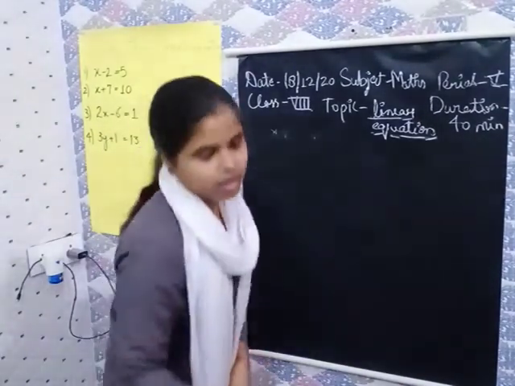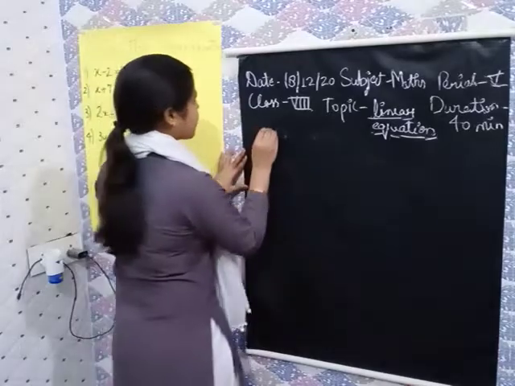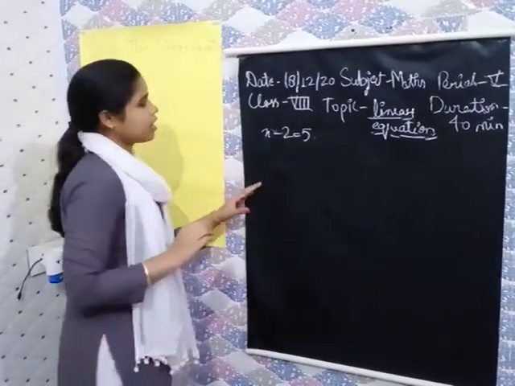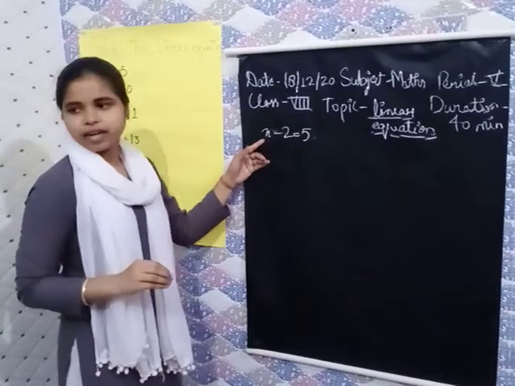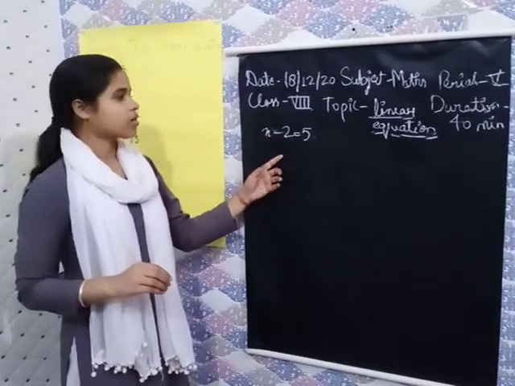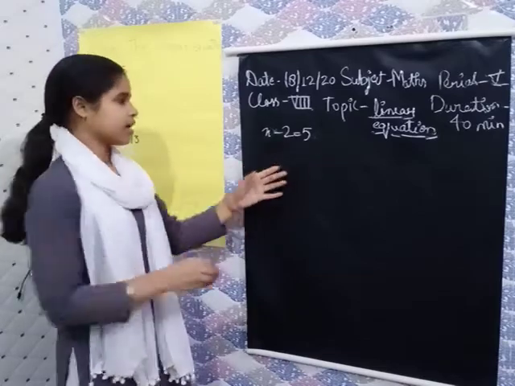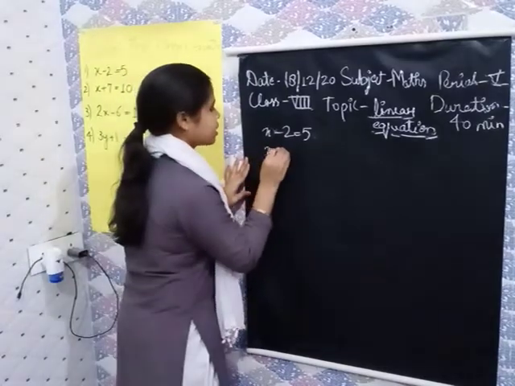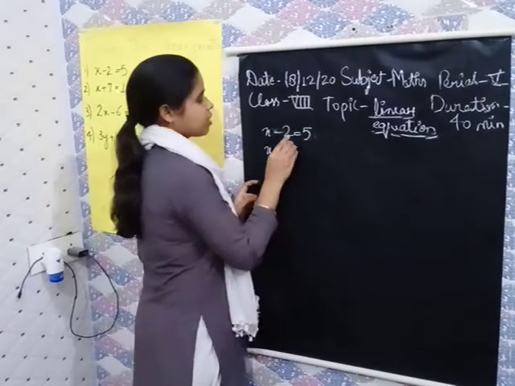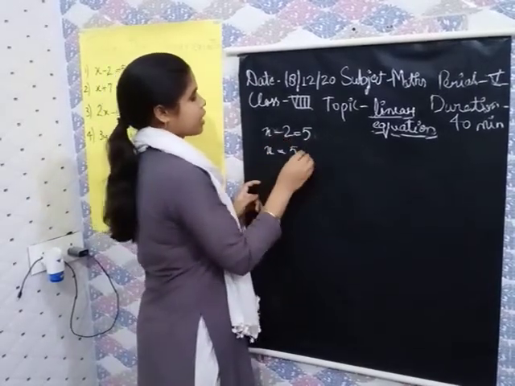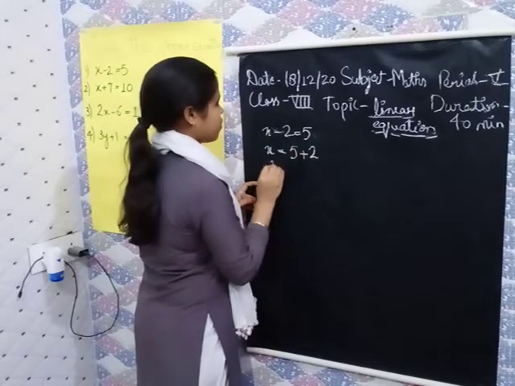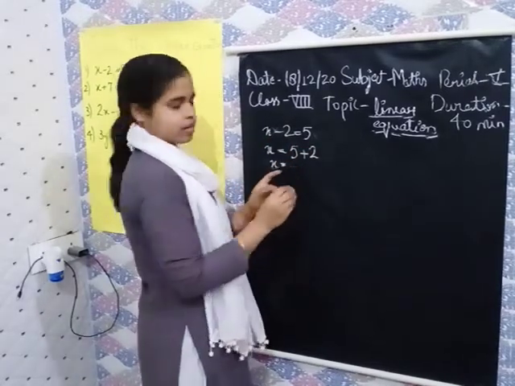So students, by solving it, we will write it as x minus 2 is equal to 5. We will see the variable and constant. We will take the variable on one hand side and constant on other hand side. Variable is only x, so it is x. Constant is 5 and 2 is also constant. We will take it to this side, so the minus sign will become plus. So x will be 7.